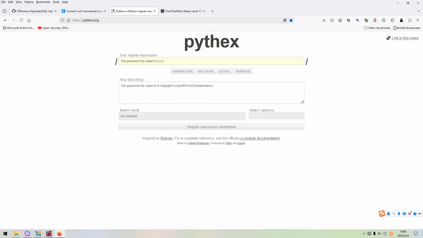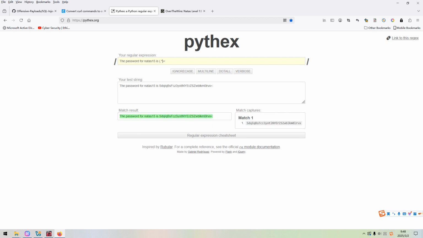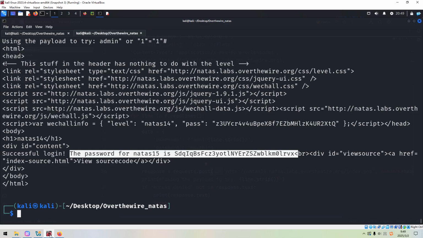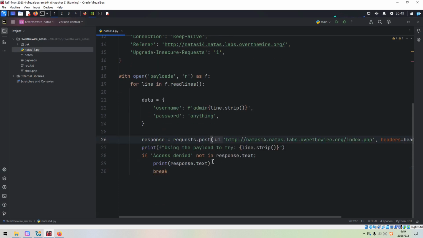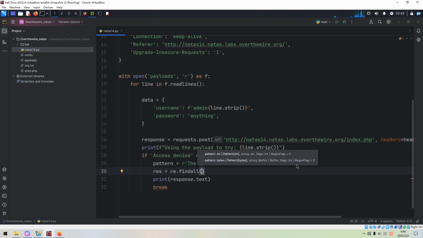Since this password is not known yet, we can use the dot, which stands for any character except a new line. And how many, we don't know, 0 or more. And we want this regular expression non-greedy, so we can put a question mark, and then we can copy this pattern and put it over here. Then the result is we can call the findall method with the pattern